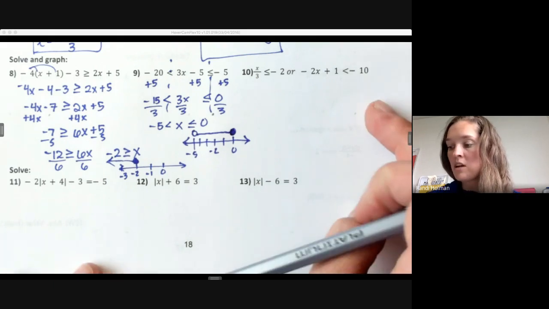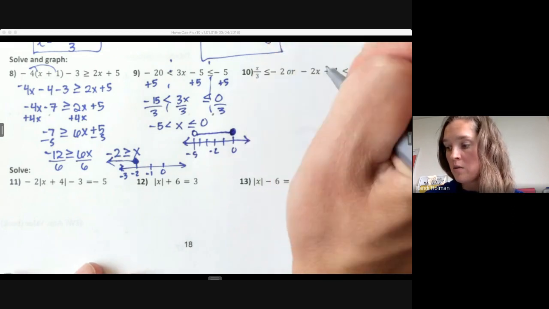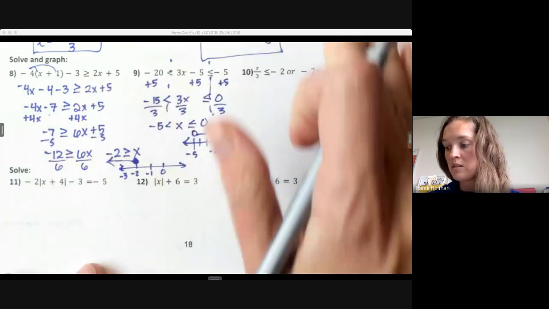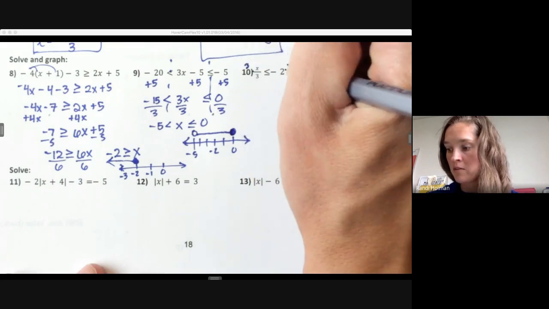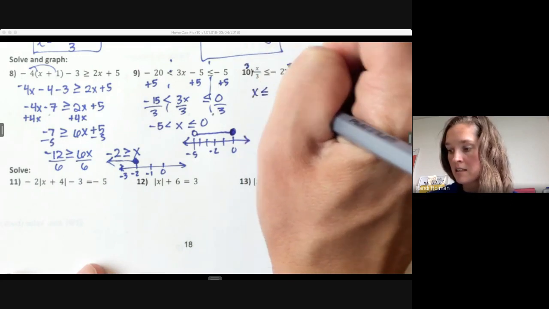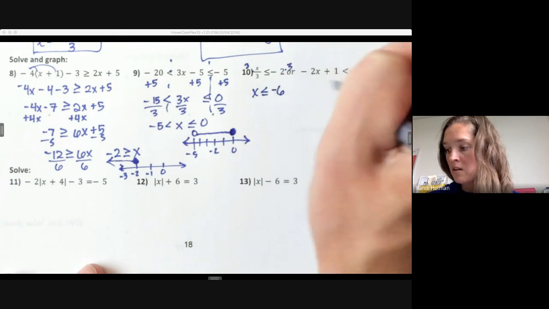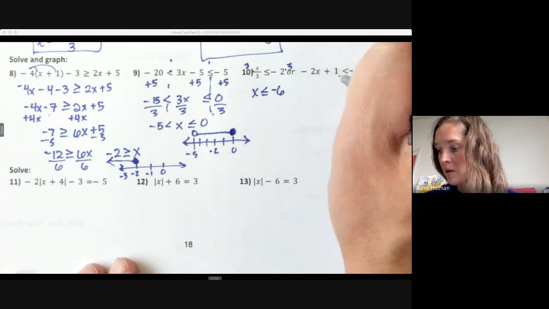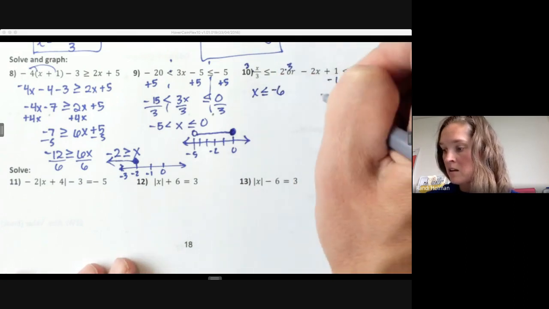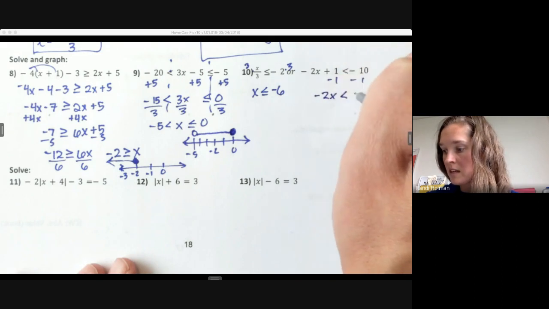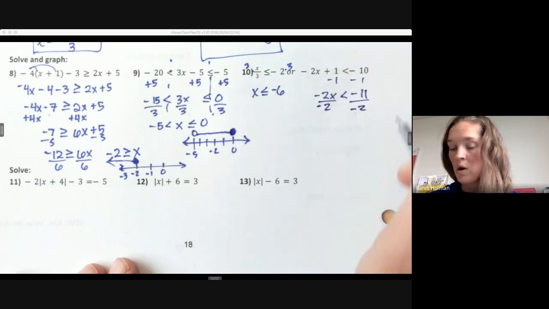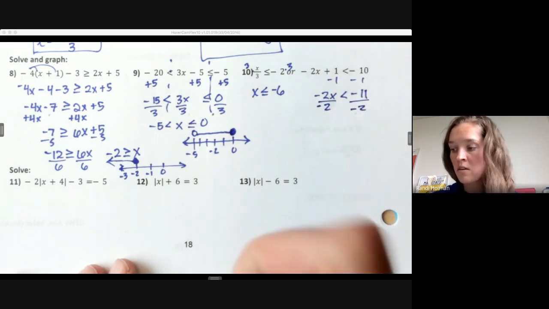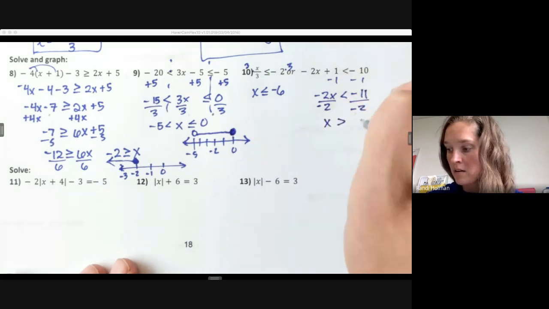Number 10 here, we have an or inequality. So we're just going to solve each one individually. So I'm going to ignore the second one for a second. Just solve this first one. We're dividing by 3, so multiply by 3. X is less than or equal to -6. Okay, then I'm going to solve the second one. -2x is less than -11. Divided by -2. Ooh, I'm dividing by negative, red flag. Flip your sign. X is greater than